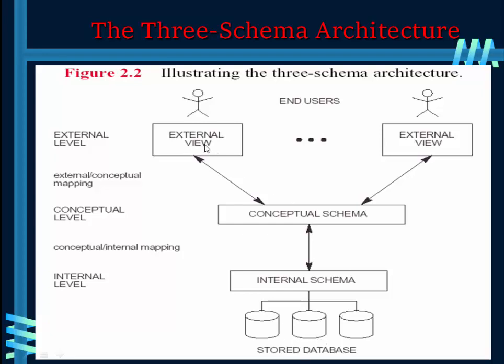So first the request is applied in the user's external view, then it is transferred to the conceptual view, and after that it is transferred to the internal schema or physical level for processing over the data stored in the database. Okay, so if the request is a database retrieval,